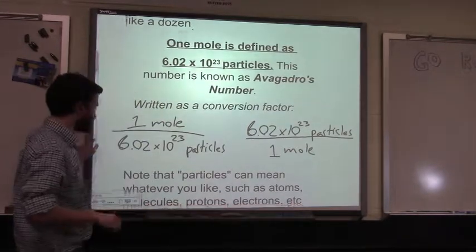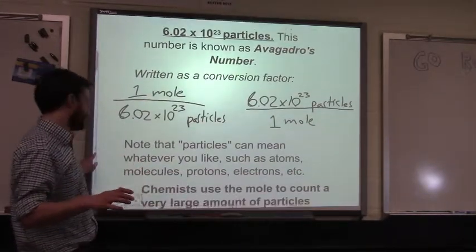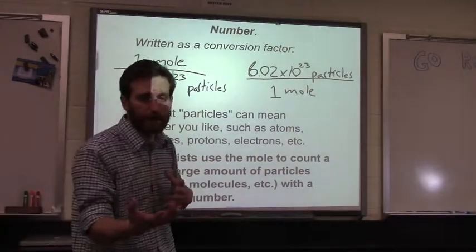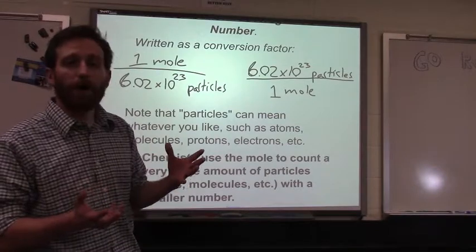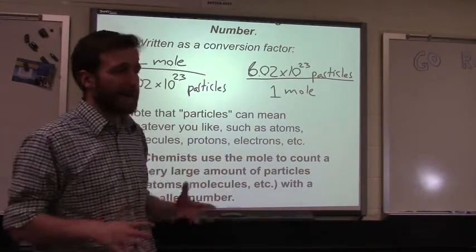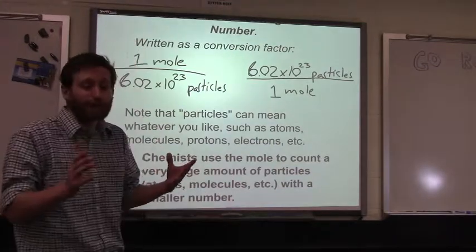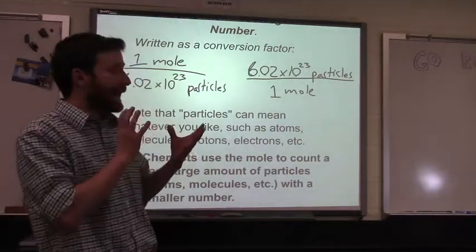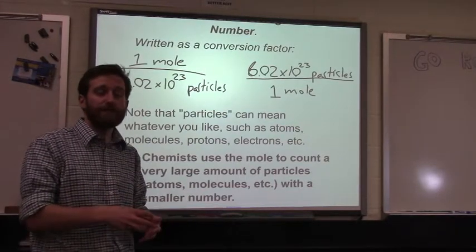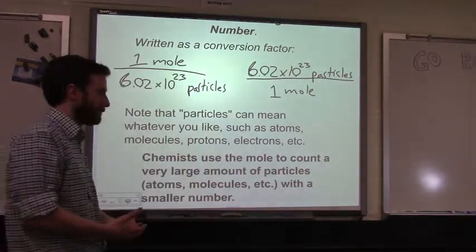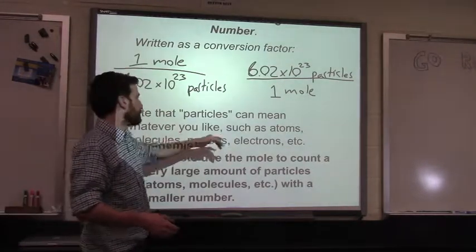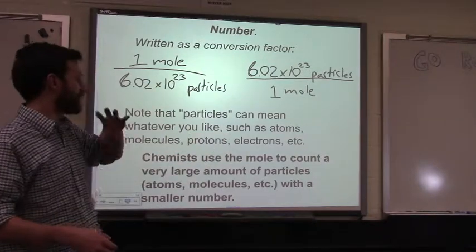Alright, lastly, and as we already said, particles can mean any number of things. I could count a mole of eggs like I use a dozen for eggs, I could count a mole of eggs. I just have a lot of eggs, or an absurd amount of eggs. So we count really small things with the mole. Things that you can have a lot of, but it doesn't look like much of. And so particles are those small things, such as atoms, molecules, protons, electrons, etc.